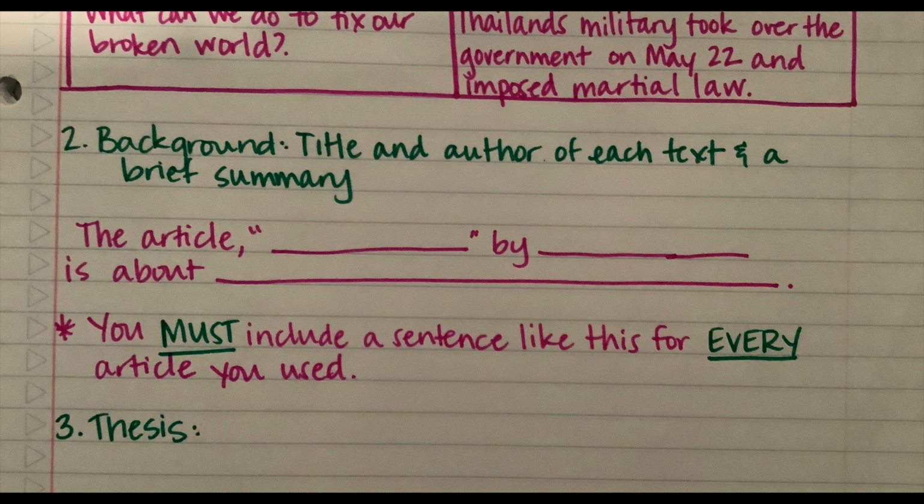The next part of your introduction is including some background information. In this background information, we're going to include the title and author of each article that we've used to create our essay. It doesn't have to be all 5, only the ones that you've used, and give a quick, brief summary, meaning it will only be 1 sentence per article. So jot down the sentence frame here that we can use next week when we create our introduction.